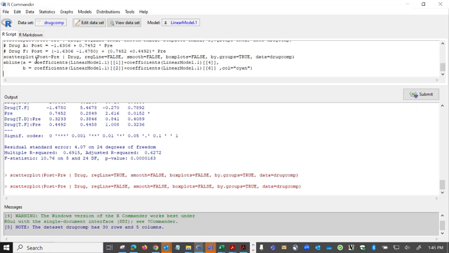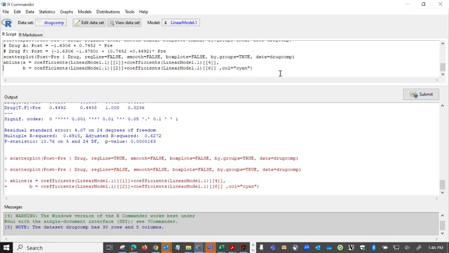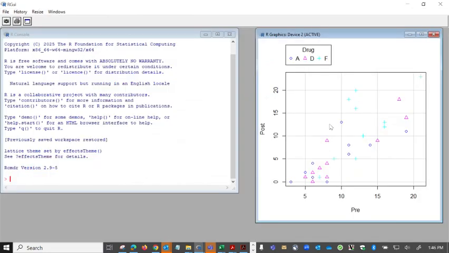I prepared this earlier. The intercept is going to be the first number plus the second one. You can see I've pulled it, so I've used the code to get exactly that for me. And the slope is the sum of those two numbers. Again, I've just put them in here using code. If I highlight that and press submit,